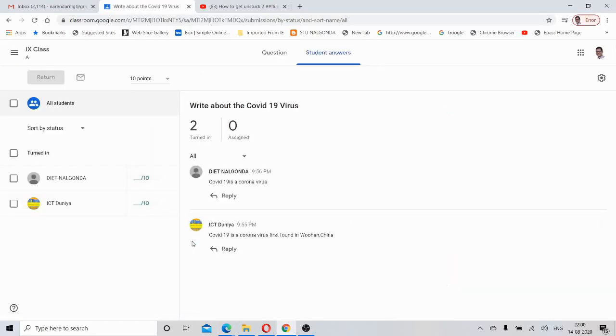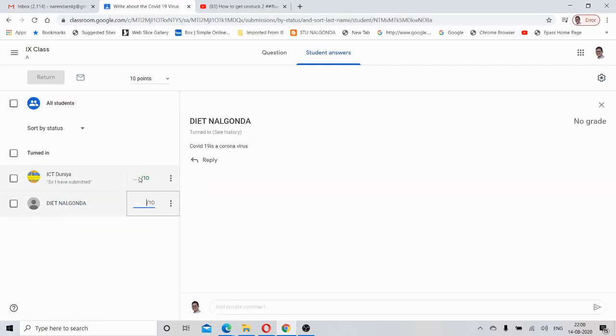Now go to the question. See here, you can see here also 2 questions, and let me show you, COVID-19 is a virus. So if you want to give marks, you can directly give the marks here.